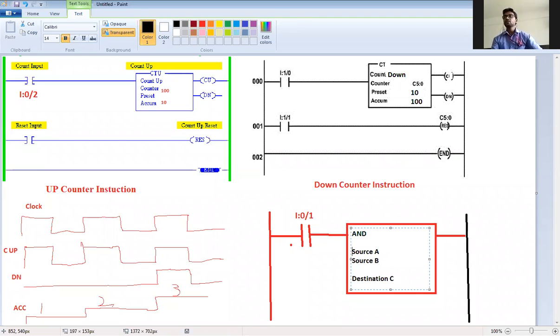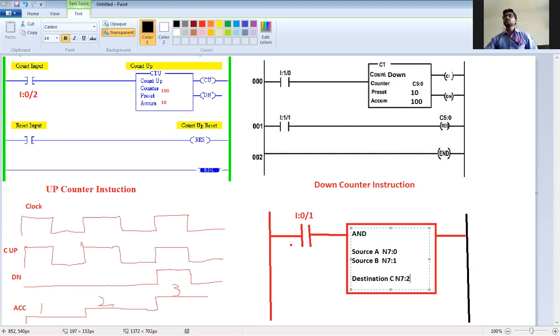As you can see, the source is from N7:0, source B is from N7:1, and the destination is N7:2.